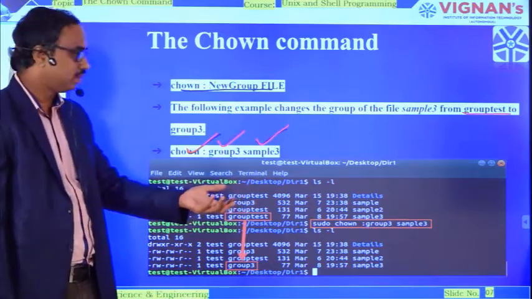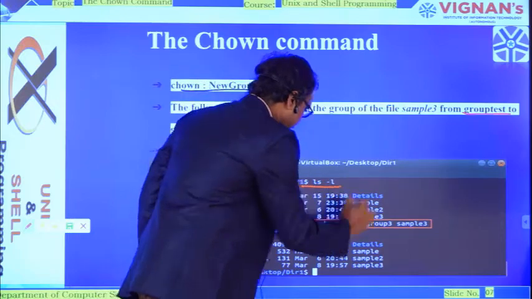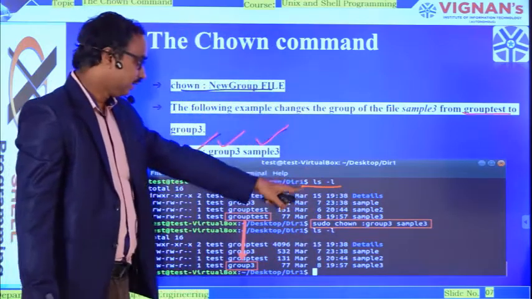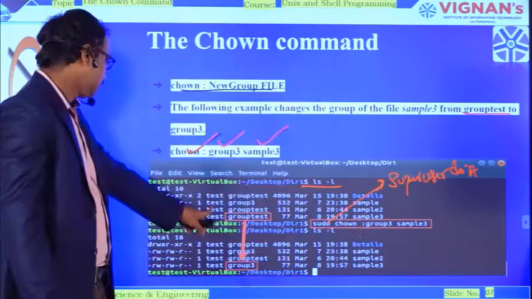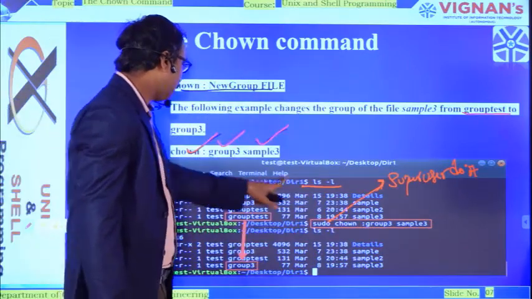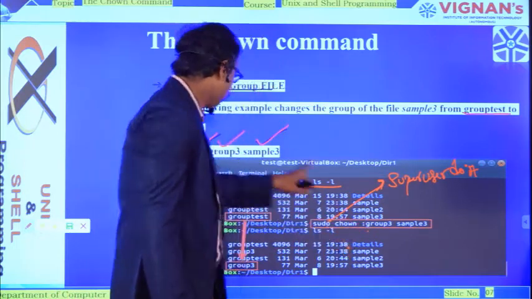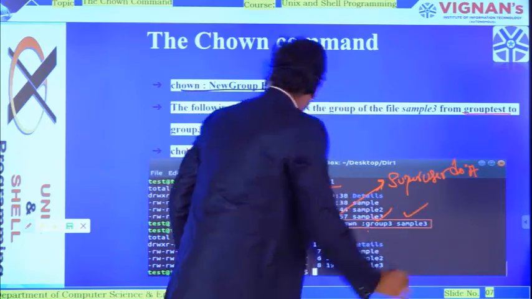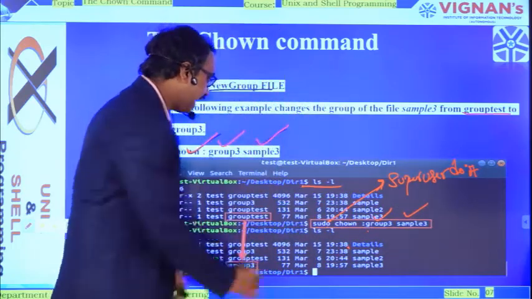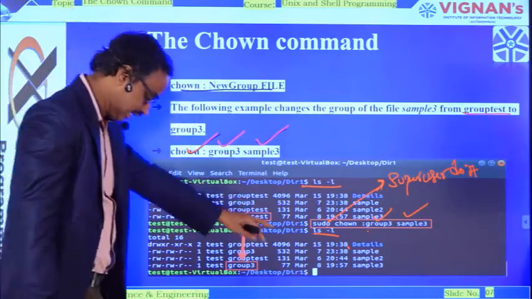Whenever you go to the terminal, you can type the same command, just whatever I have mentioned here: $ls option L. It will list all the files and directories. Again, you have to use the sudo command, so it cannot directly go for chown. We have to add sudo in front of chown, and then a colon. We have to add the group name, that means group 3, and the file name is as it is, sample3. And then again press ls option L.